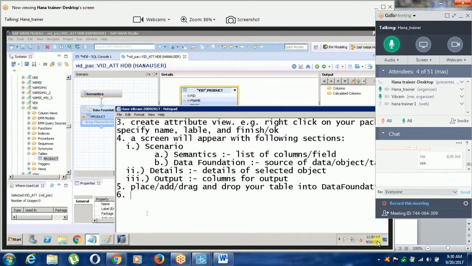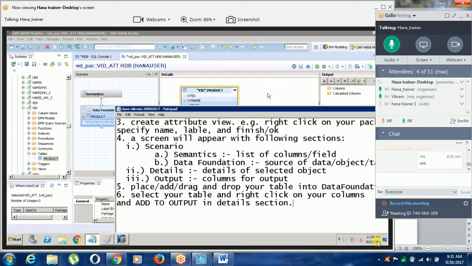So select your table and right click on your columns and add to output in the details section.